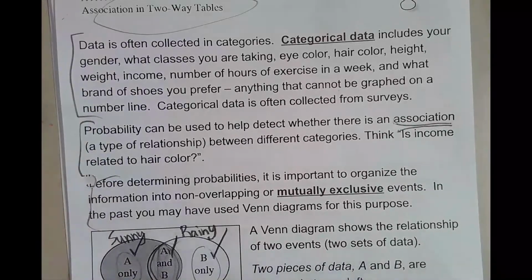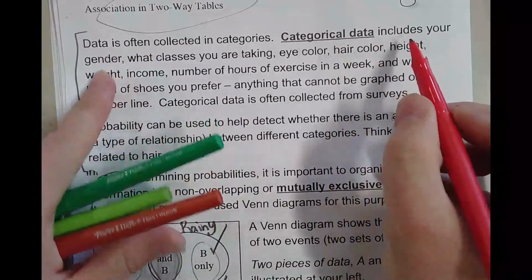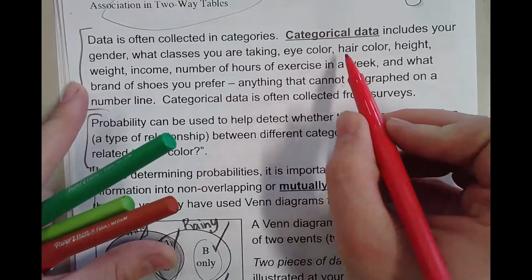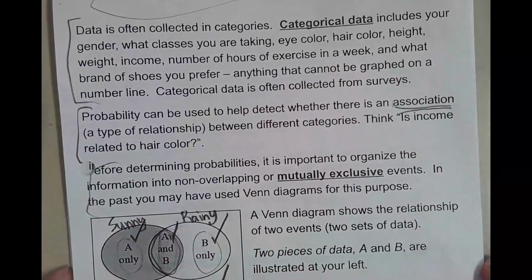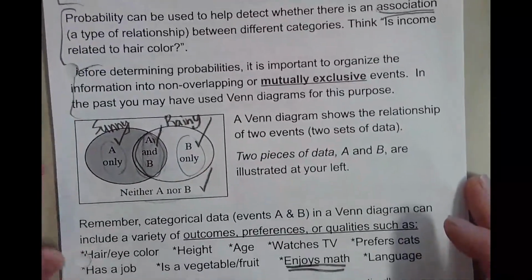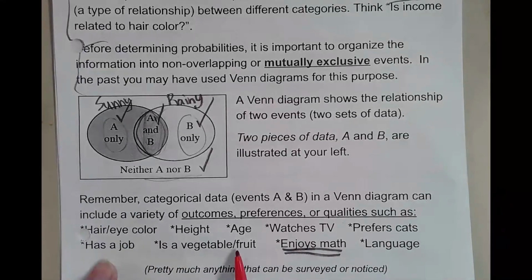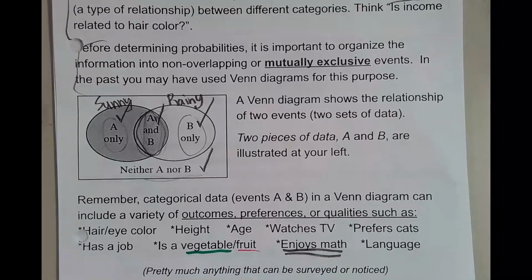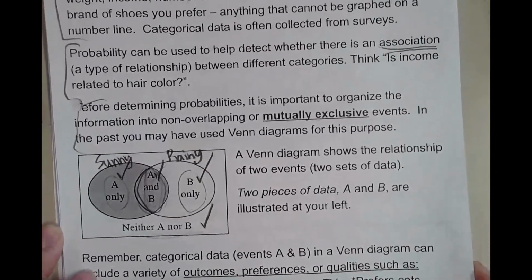First of all, remember, data is often collected in categories. Categorical data can include your gender, what classes you're taking, eye color, hair color, height, income, weight, number of hours of exercise in a week, what brand of hair, whether you prefer cats, whether you have a job, whether it's a vegetable or a fruit. All of these things that can be done with a survey or by collecting data are things that you can put into